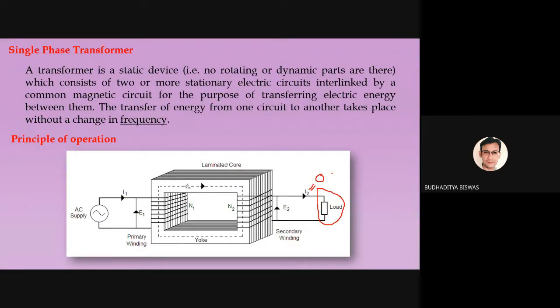So obviously, if the load is removed, if the load terminals become open circuited, then I2, that means the winding current, becomes zero. No doubts are there. So if I2 is zero, then what is the power consumption by the secondary side? So zero. Now, if I2 equal to zero, what about this I1? We apply some voltage, we definitely apply some voltage V1. But if the secondary side is open circuited, then what about this I1?